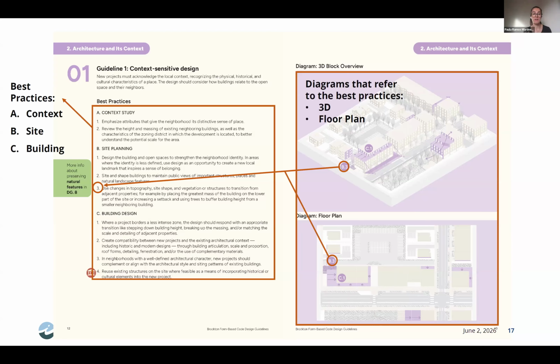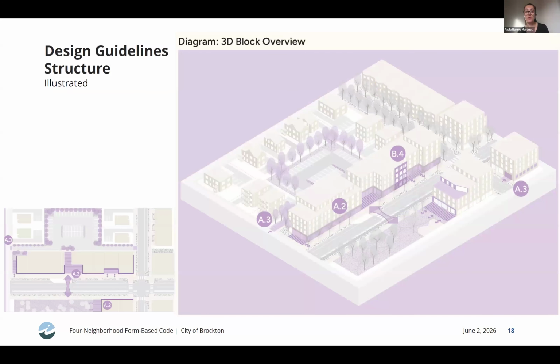So what we have is these diagrams. I will go back to the previous one. We always have the 3D, and then we have a floor plan, just to make sure that it's easier to read with both pieces of information. The floor plan is basically seeing the block from above. What we have is always the same 3D, which tries to be that type of block, with some mixed use, and then how it transitions into residential neighborhoods, which is a lot of what we have in the